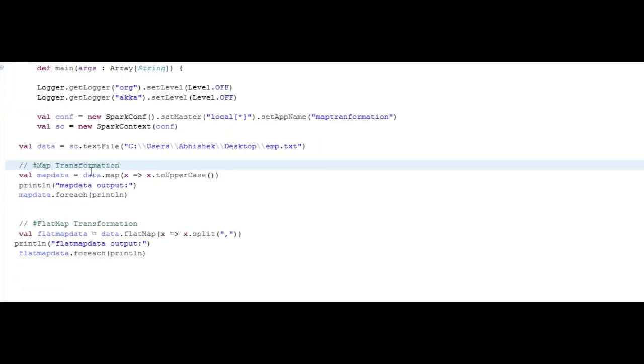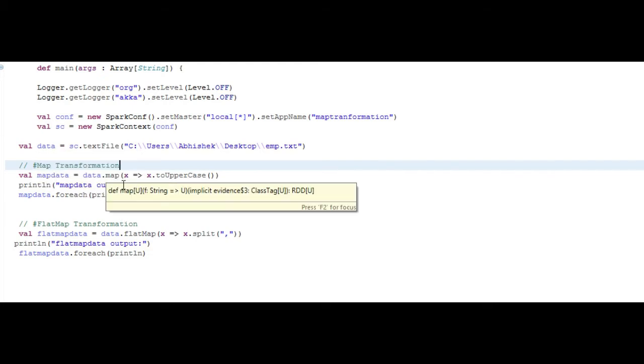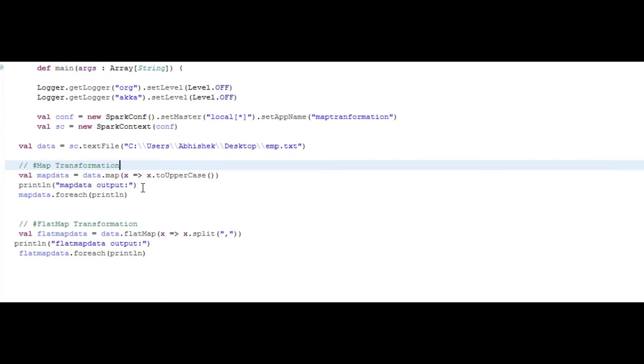Once I have created the RDD, I will apply the map transformation on it. It's an employee file, and three columns are given in it. Let's see how we apply the map transformation. I create a variable mapData equal to data, which is my RDD created previously, dot map, open bracket, x arrow x.